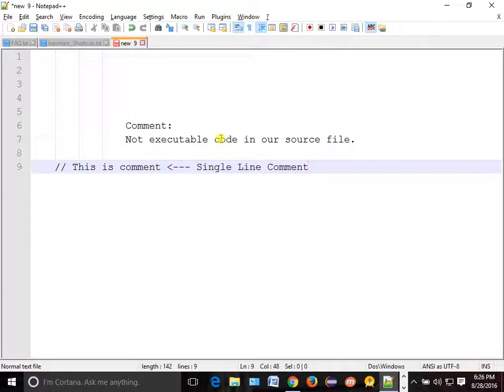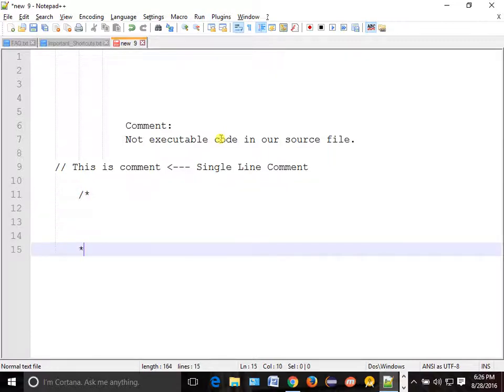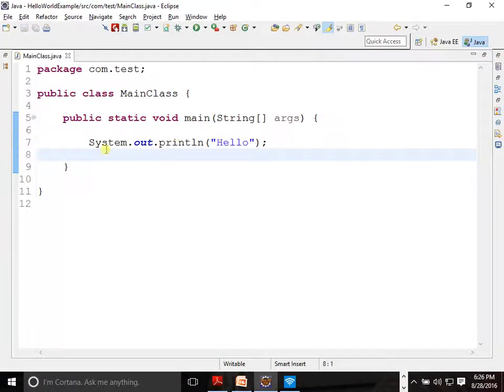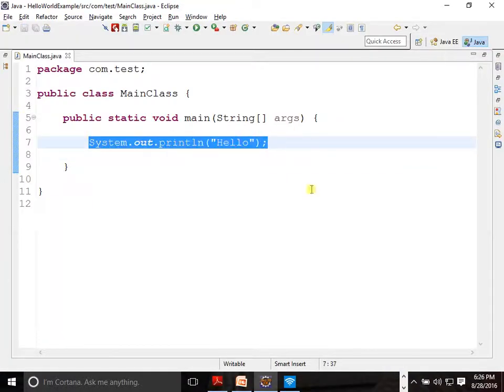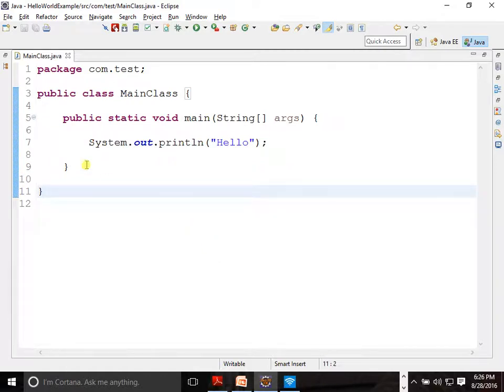If you want to do a multi-line comment, how do we do it? We write slash star, and wherever you want to finish, star slash. Now let's go to this place. Suppose this is the line which I want to comment. So how to comment? Control forward slash.